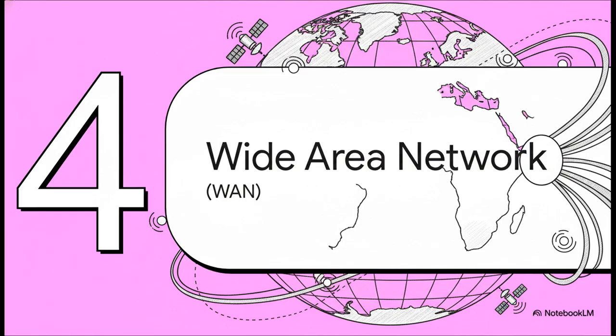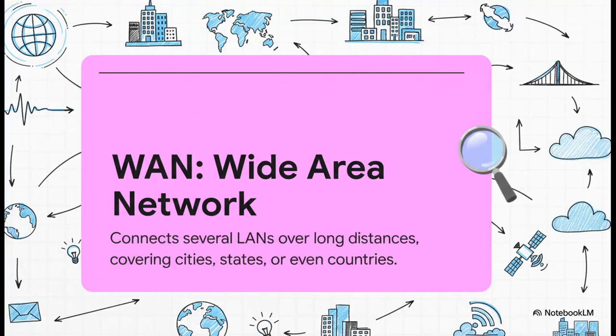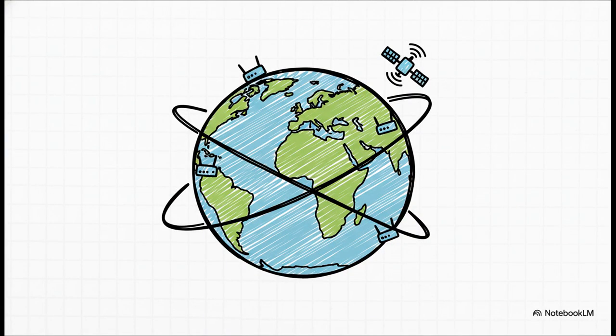All right, time for the final biggest leap. We are now zooming out to the largest scale possible, the entire planet. And this is the WAN, or Wide Area Network. You can really think of this as the network of networks. It's the thing that connects everything over these massive distances, linking cities, countries, and continents into one single digital world. A WAN operates on a truly global scale. I mean, it relies on this massive infrastructure of undersea cables, satellites in space, and powerful routers